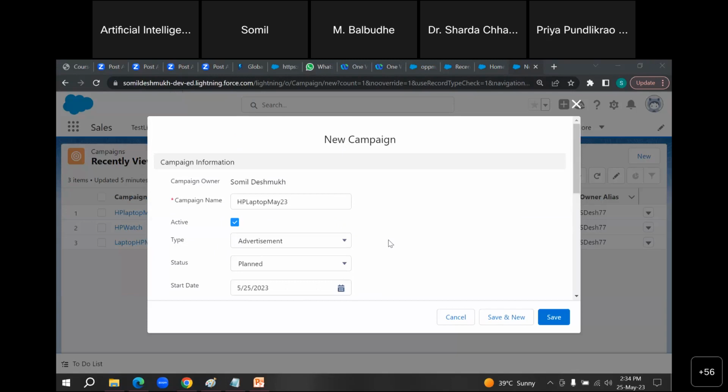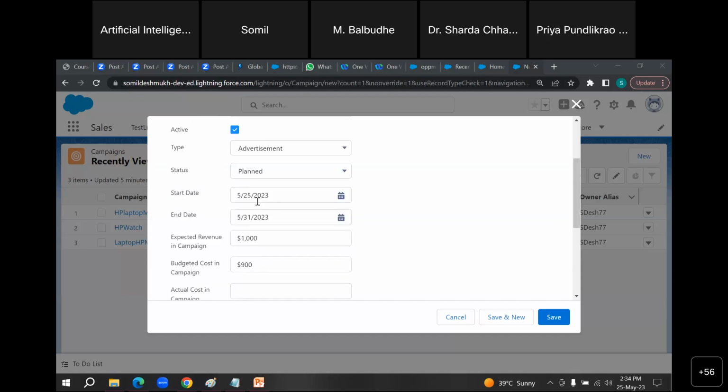So got it? How campaigns are done? In the campaign, you have to write a name of the campaign. You have to choose the type: advertisement, webinar, seminar, trade show, anything. Status, plan, start and end date, whatever date you want.